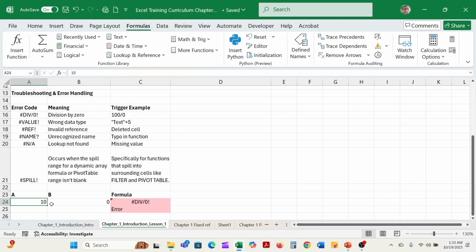Here's the divide by zero error. I have the number 10 here. I have the number 0 here. And in this cell, I have the formula equals A24 divided by B24. So A24 has a value 10, B24 has a value 0, so therefore you're getting an error. Underneath that, we have a formula that is called IFERROR. So what this does, similar to the IF function, and I called it formula, I should have called it function, the IFERROR function, where if there is an error in that function, write the word error. Otherwise, it should just show what the